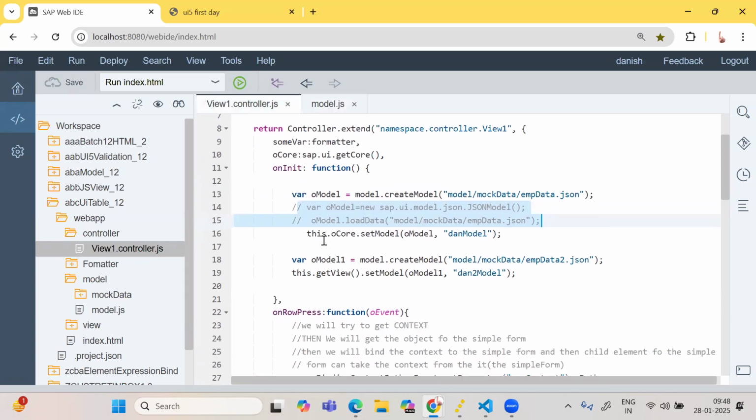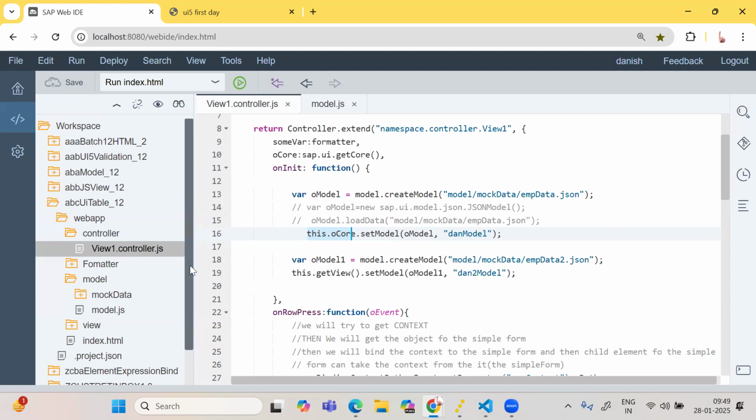After that, there is a thing called this dot SAP UI get core. SAP UI get core is there. Now, if we see some kind of common code that is repetitive, what we are doing is passing the same thing inside the controller now. Okay, a base controller. So you see things are so finely placed in different kinds of